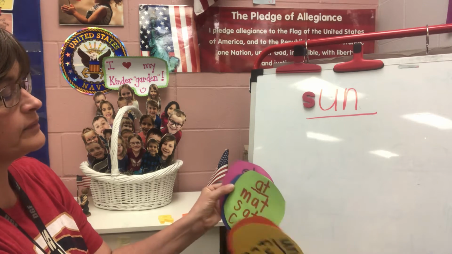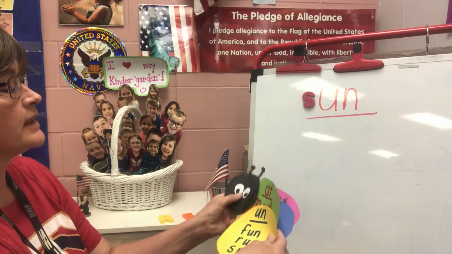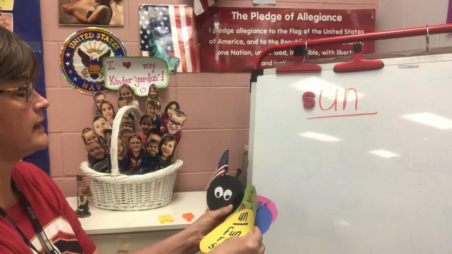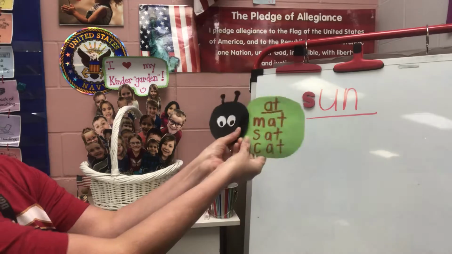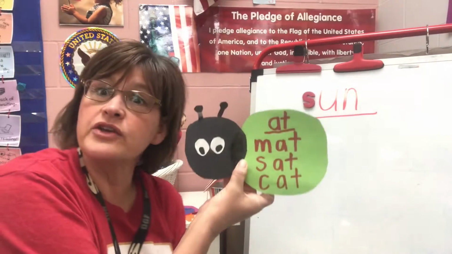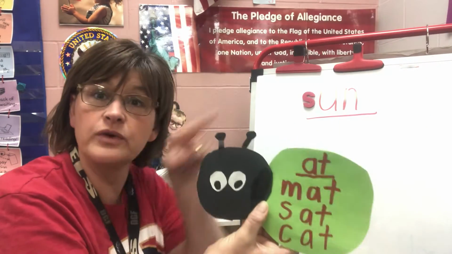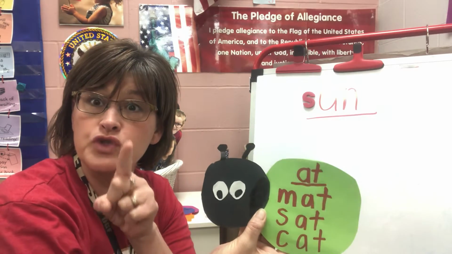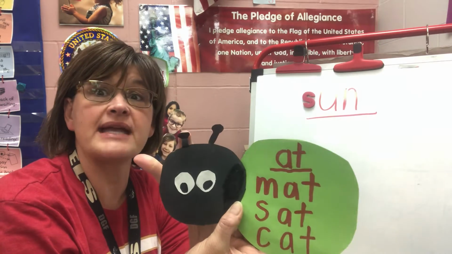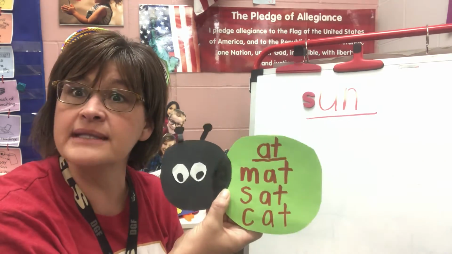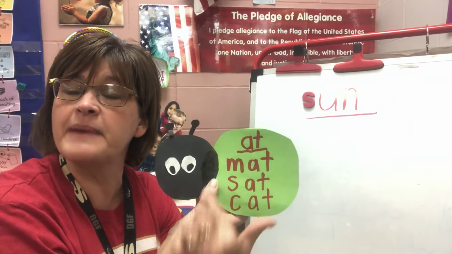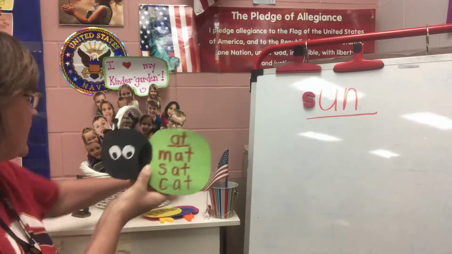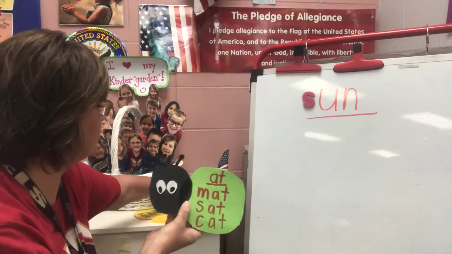Let's put, we'll put A right next to it. So I'm just going to put it in comparison. So make your little caterpillar's head. When you cut out the black scraps, don't throw them away. Recycle them and use them for his antennas. And then you can just make some little eyes on your caterpillar